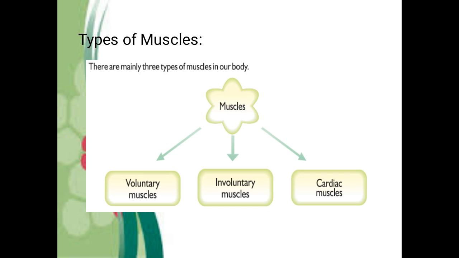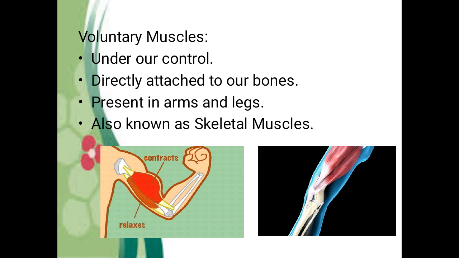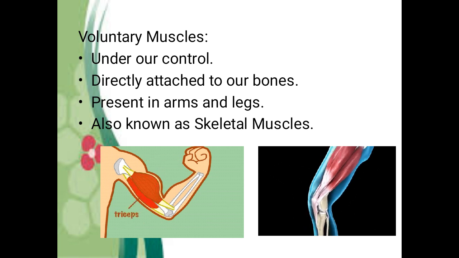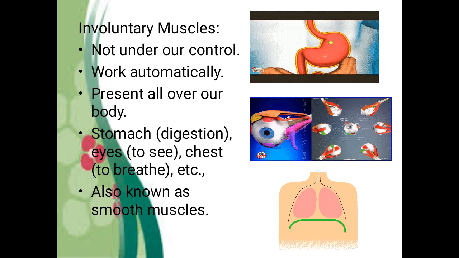Right, so what are the types of muscles available? Voluntary muscles, involuntary muscles and cardiac muscles. Those muscles that help in voluntary actions, that is seeing, eating, are called voluntary muscles. Those muscles that help in movement of the body parts without our consciousness are called involuntary muscles. Examples: digestion, rotating our eyeballs and breathing. So these are some involuntary actions. They happen without our consciousness. So the muscles that help with these actions are called involuntary muscles.